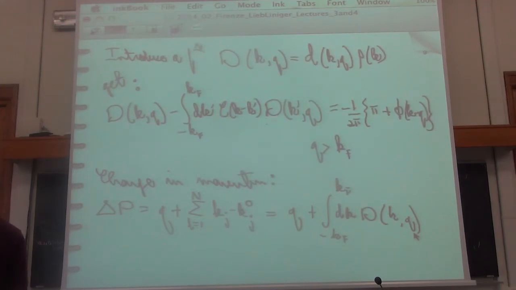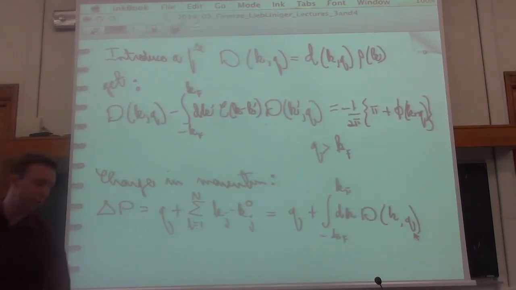Okay, so that's the momentum you've pumped into the system. So once again, you give me Q, I calculate d of kq by solving the integral equation. Once again, as for the case of the Lieb equation, the solution of this integral equation exists, it's unique, fine. So you can find it, and then once you've found the d, you calculate the momentum you've pumped into